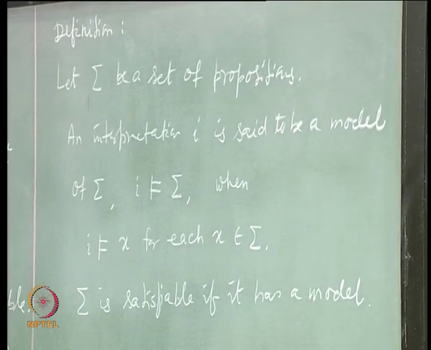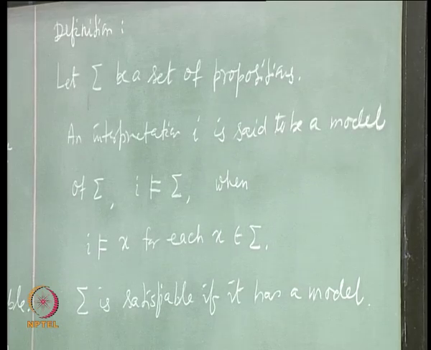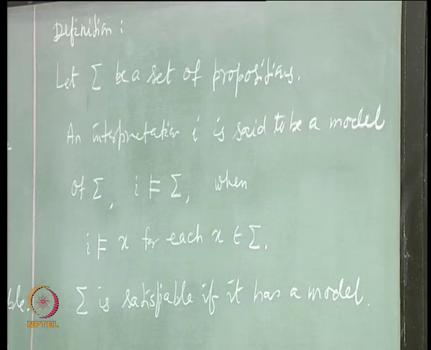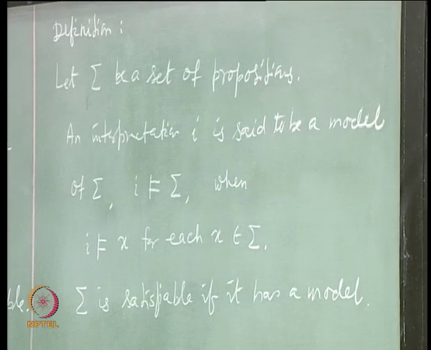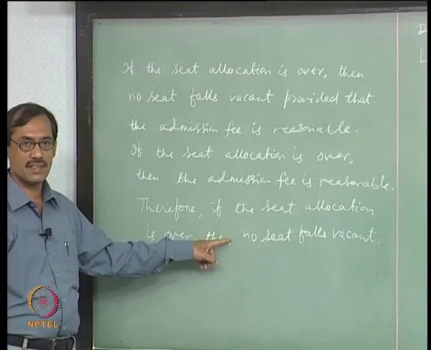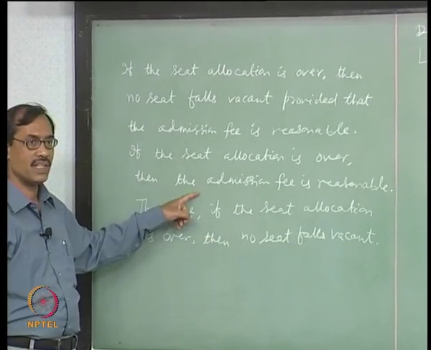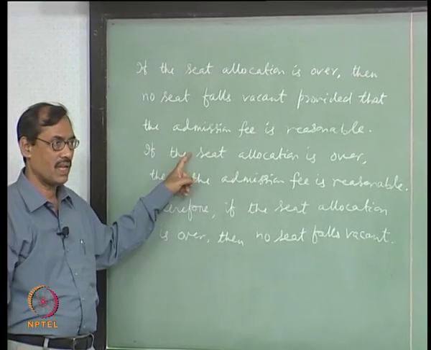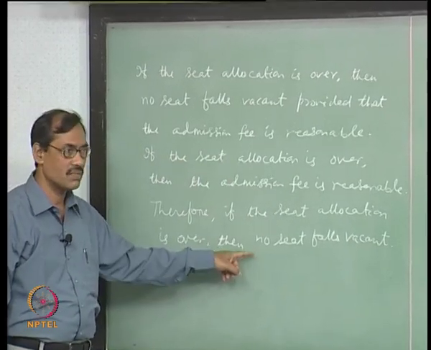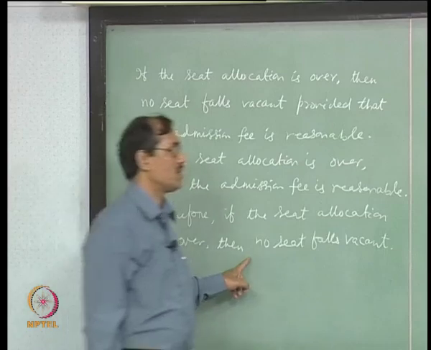Is it okay? Now, when such a scenario comes, when you have a set of premises and there is a conclusion, you need something else, not only satisfaction of this, but you need that such a model of sigma should also be a model of the conclusion. So, that we formalize as follows,